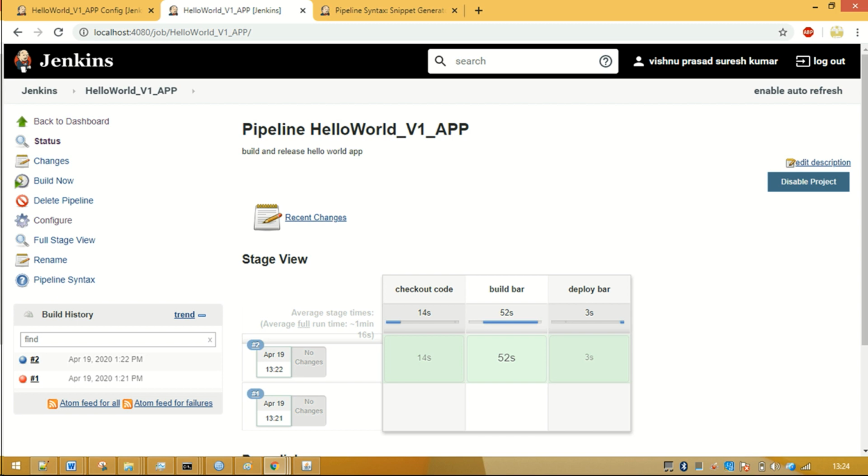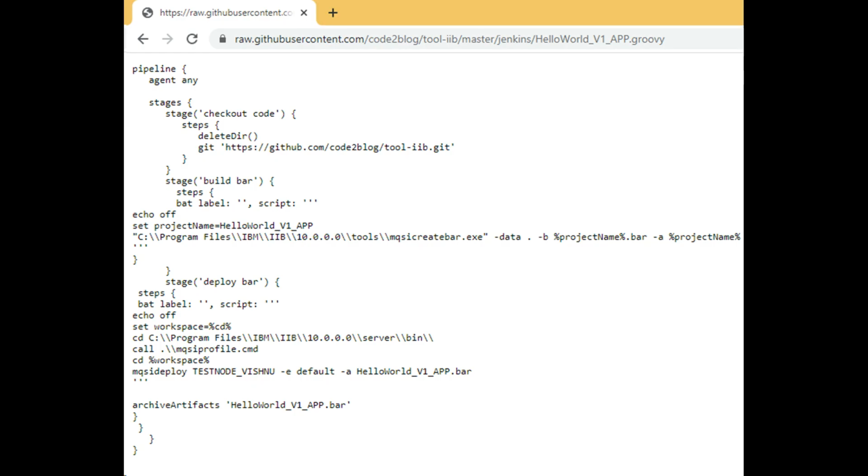After you have this MQSI command script, you can automate it with Jenkins. These scripts you put into a Groovy pipeline job in Jenkins, and that pipeline job will execute the scripts for you.